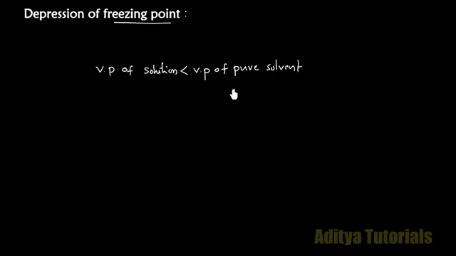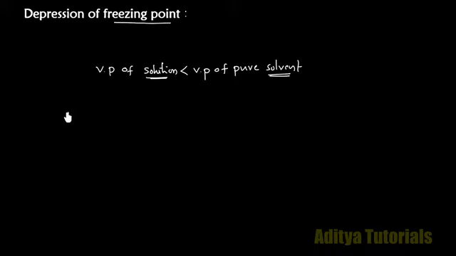I explained the reason in the previous videos. The vapor pressure of the solution is less because the surface area in the solution is less, whereas in the pure solvent the surface area is large. In the solution, the surface area is occupied by some of the non-volatile solute, and by that the vaporization decreases. Whereas in the pure solvent, the surface area is occupied by only solvent molecules and they evaporate.